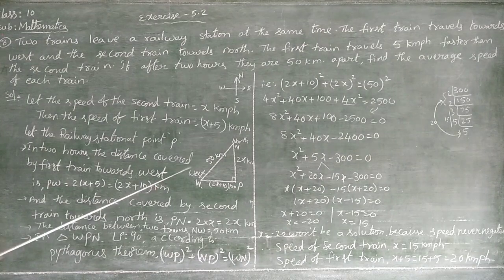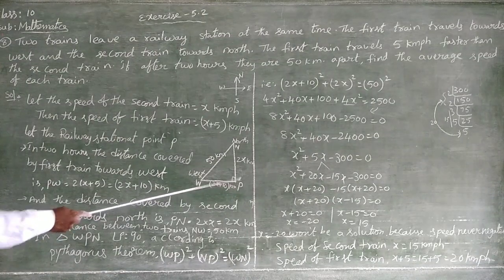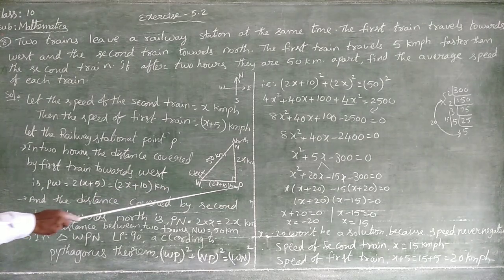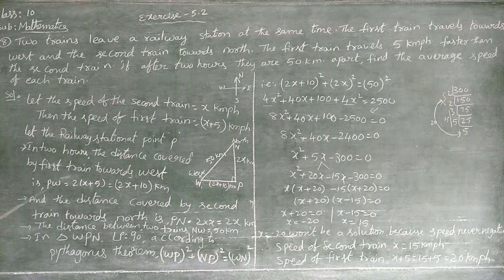Let the railway station be the point P. From the railway station, the first train travels towards the west, that is W. The second train travels towards the north, that is N. In 2 hours, the distance covered by the first train towards the west, the distance PW, is